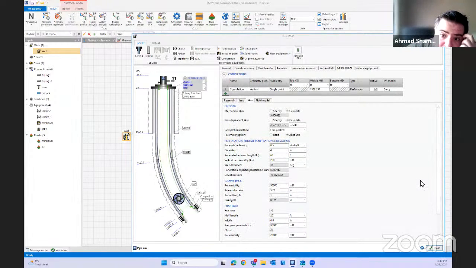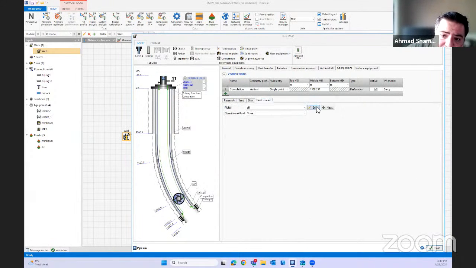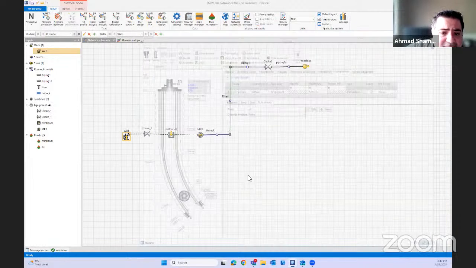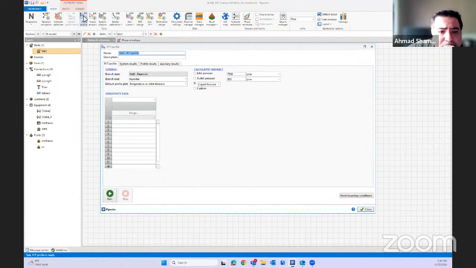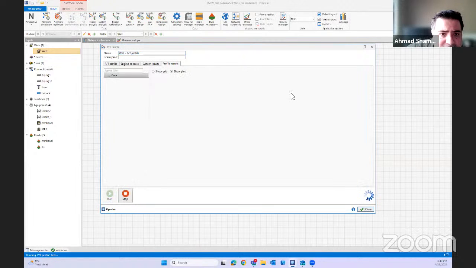All right. So now this is the fluid. Under standard conditions, this is the GOR and the water cut, but I'm not going to change that. So what do we have? Let's run this well and see if I'm going to suffer from any hydrate. Okay, so I click on the well. I'm in the network perspective, and I can click on the PT profile. The default is temperature versus total distance. Okay, so now when I run this scenario,